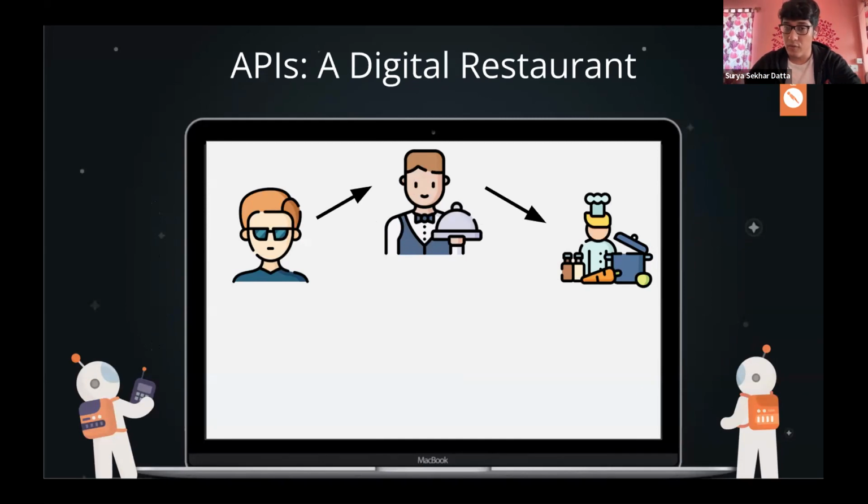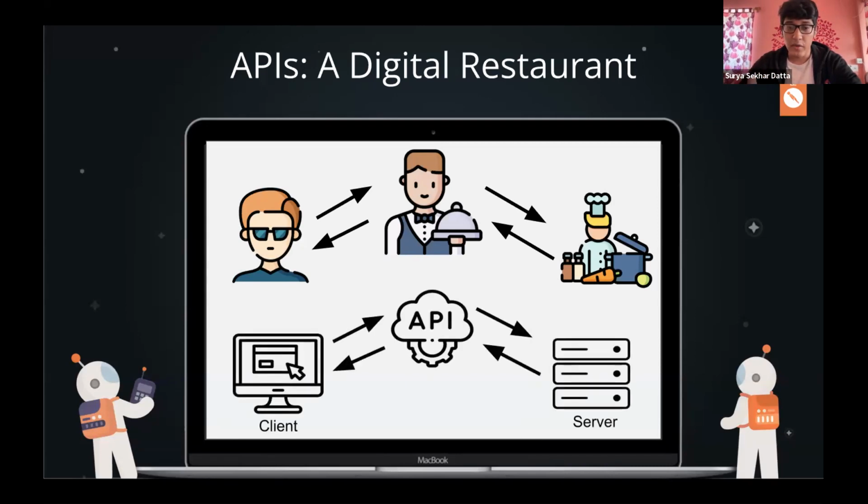Now the kitchen will prepare the food, and the same waiter will bring the food to you. So in this case, the waiter is acting as an intermediary between you, the client, and the kitchen. So this waiter is actually the API. This is how an API works. The API relays the request between the client and the server. This is how we can connect the front end and the backend services.